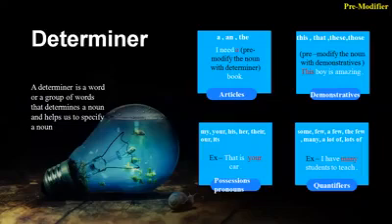Fourth one, quantifiers: some, few, a few, the few, many, a lot of, lots of. These are quantifiers, which means these words express quantity. Example: I have many students to teach. Here the noun is students, and the gap before students is where you pre-modify the noun with a quantifier. You can write I have many students to teach or I have a lot of students to teach.